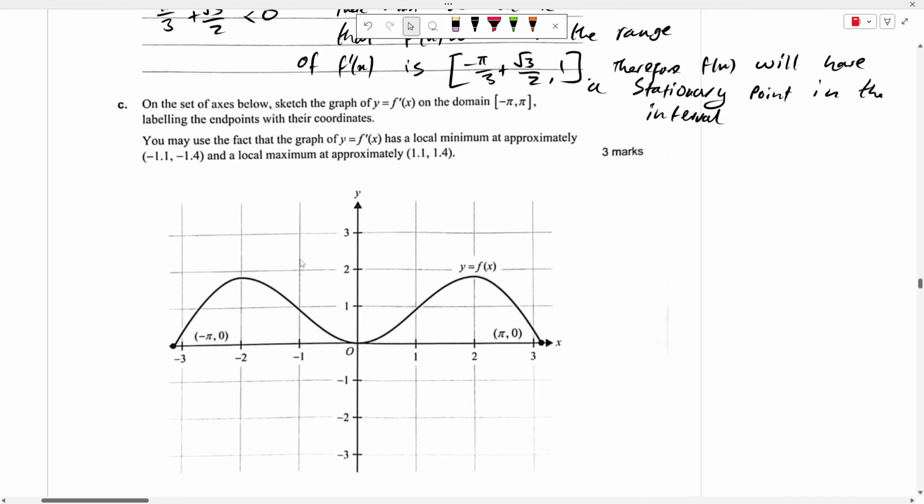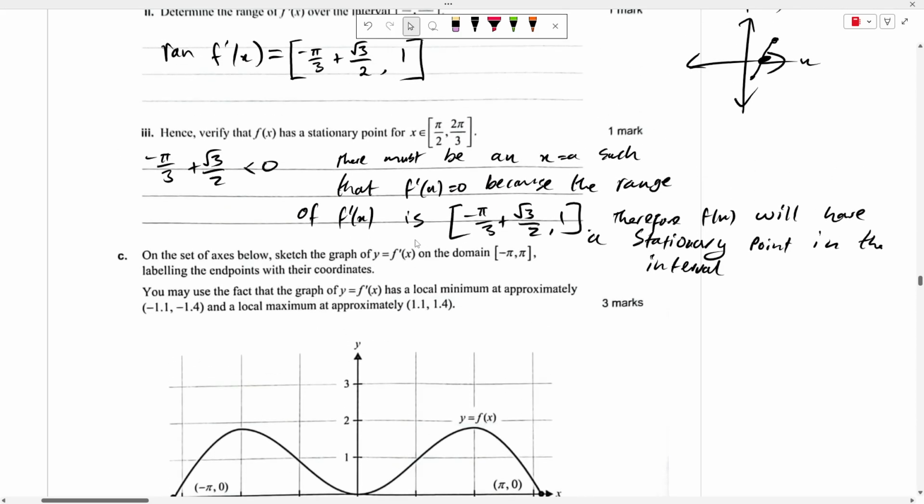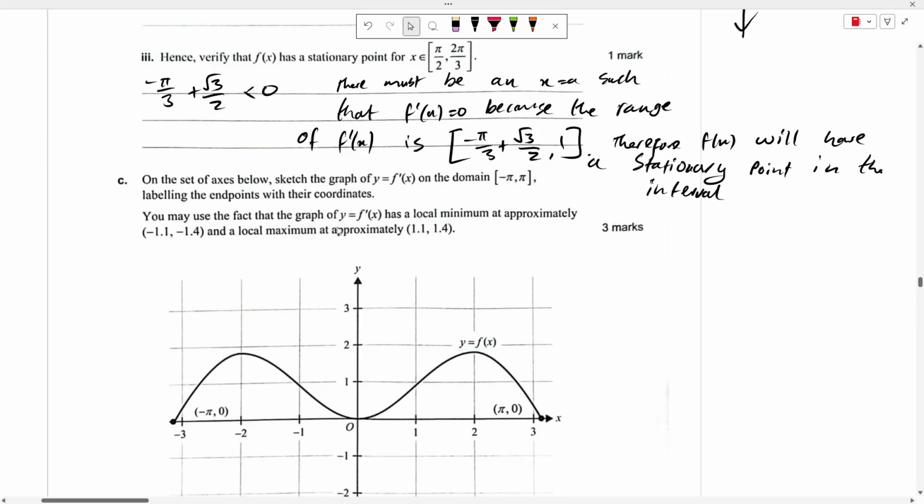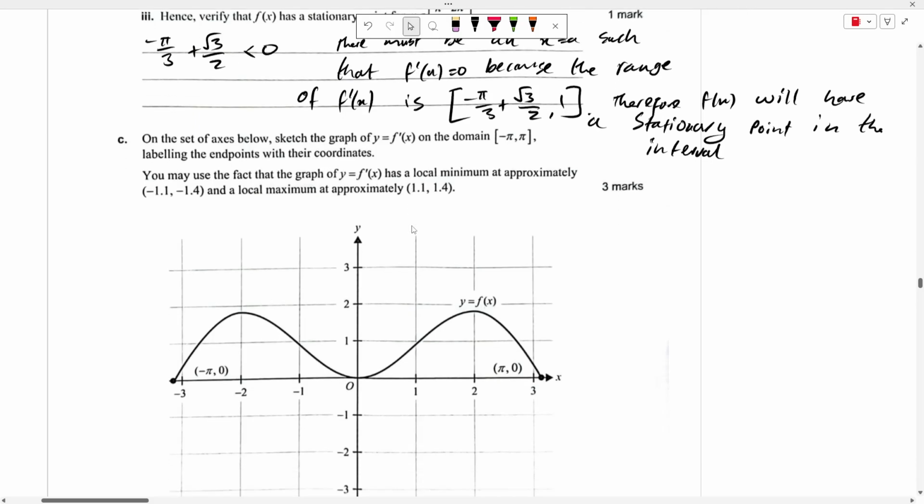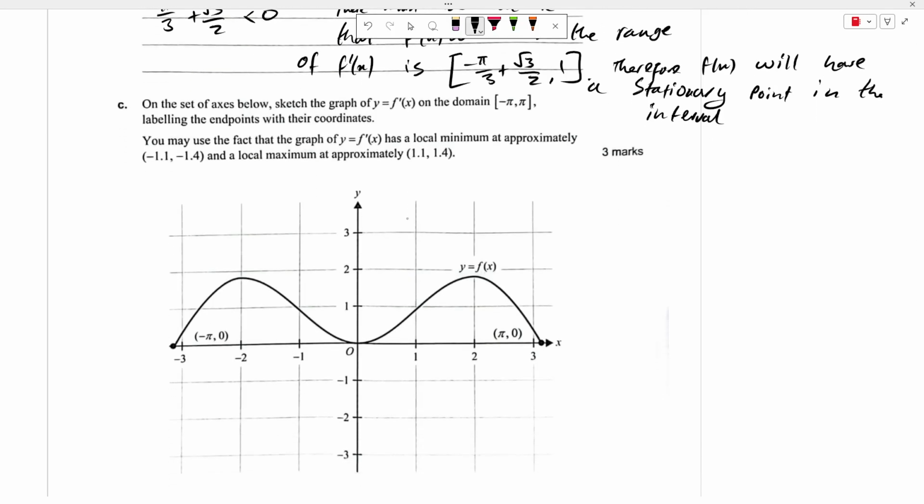Okay, on the set of axes below, sketch the graph of y equals f dash of x on the domain negative pi to pi, labeling the endpoints with their coordinates. And you may use the fact that the graph of y equals f dash of x has a local minimum at approximately negative 1.1, comma negative 1.4. Okay, so somewhere around here, maybe a little bit further down, maybe somewhere around here, right? And a local maximum at approximately 1.1, comma 1.4. So approximately here,